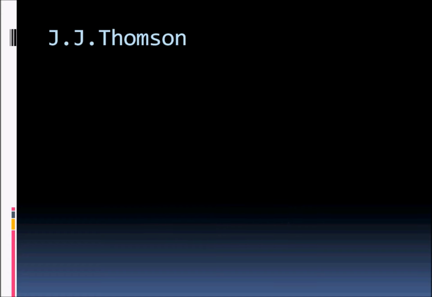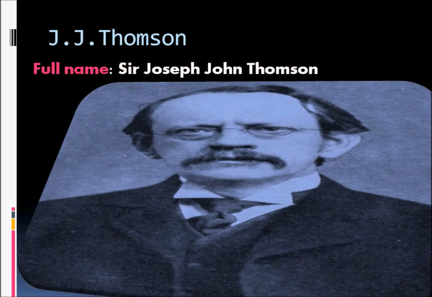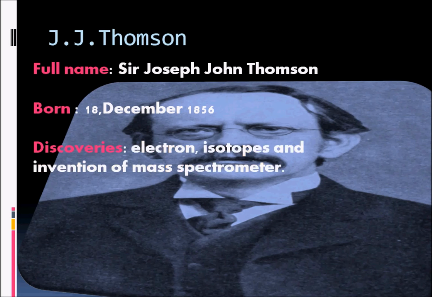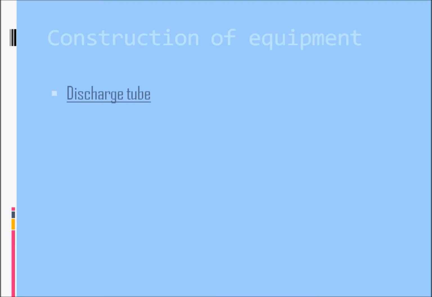So let's start with learning about the person behind this discovery. He is J.J. Thomson. We know him by this name, and the full name is Sir Joseph John Thomson. He was born on 18 December 1856 in the UK. He discovered electron and isotopes and also invented the mass spectrometer for us. He was awarded the Nobel Prize in Physics in 1906 and was also knighted in 1908. So let's start with the experiment with the construction of equipment